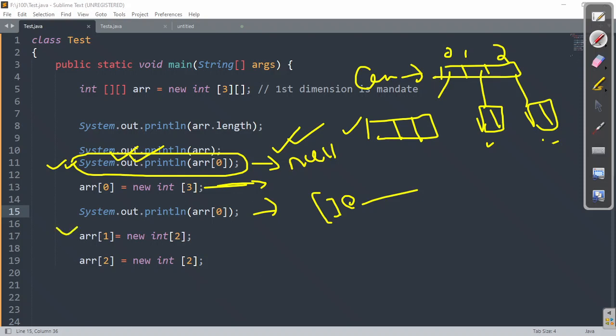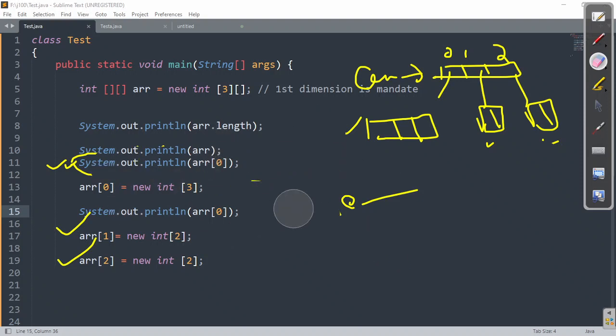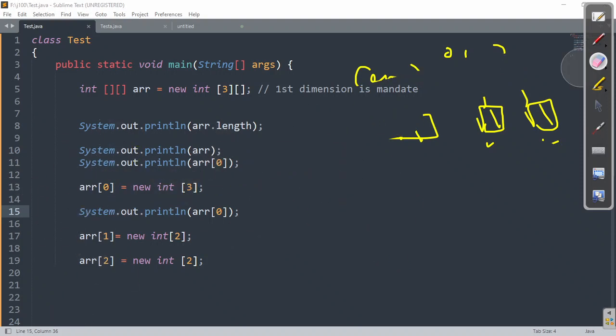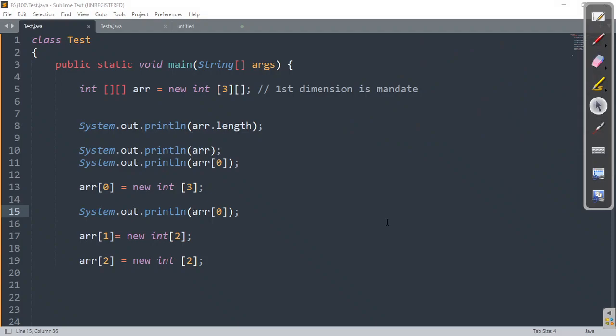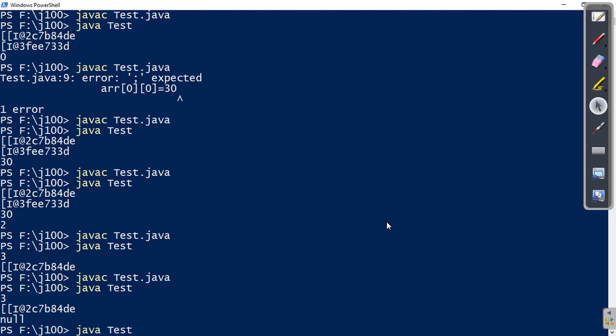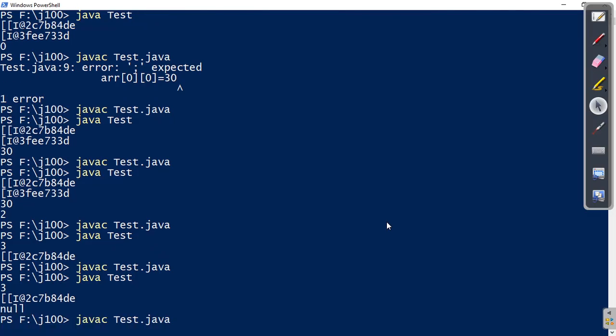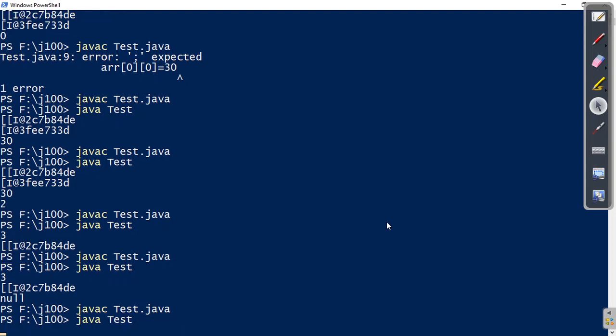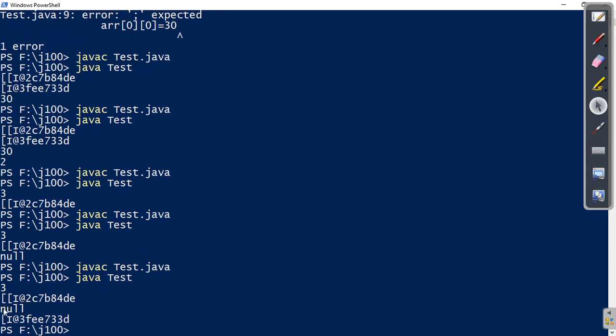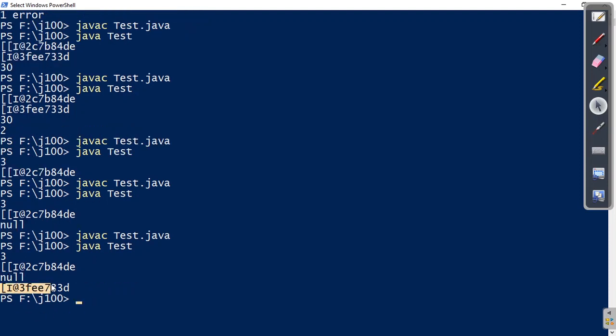Same story with ARR of 1 and ARR of 2 also. This is not only limited to 0, right? If you want to cross check, we can do that. Let us compile that program. The program should compile fine. See, null, till the time I have not initialized it, it will be null. Once I have initialized, can you please confirm what exactly it is getting printed?